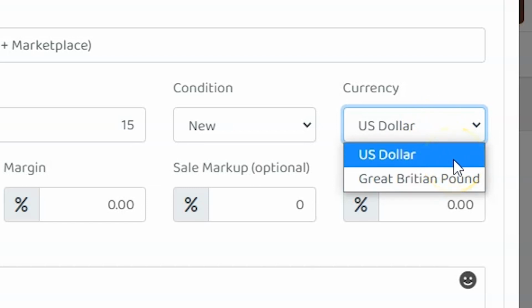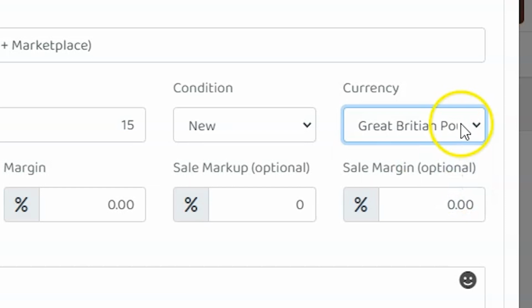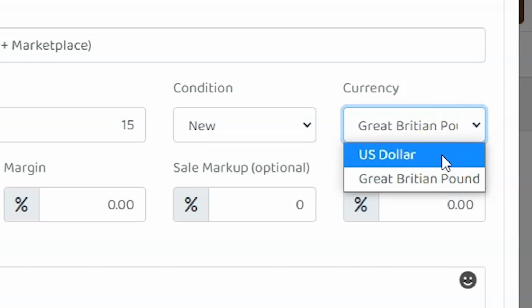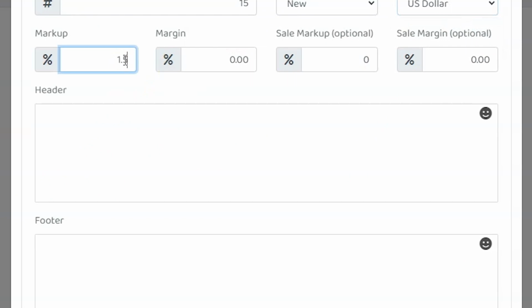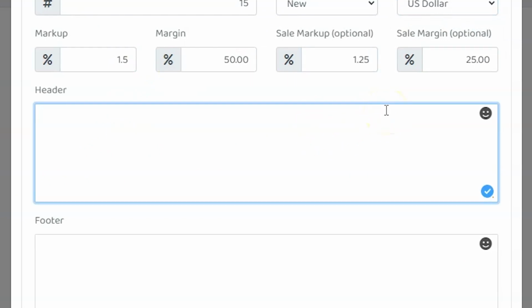So depending on where you live, you can choose the Great Britain pound if you're a UK seller, or the US dollar. Then you have your simple markup settings and your margin settings. It's basically what markup do you want on your products. And then you have your header and your footer, which is quite simple.